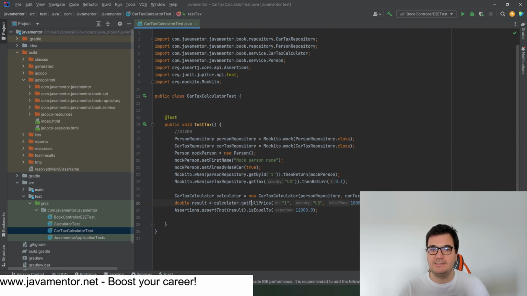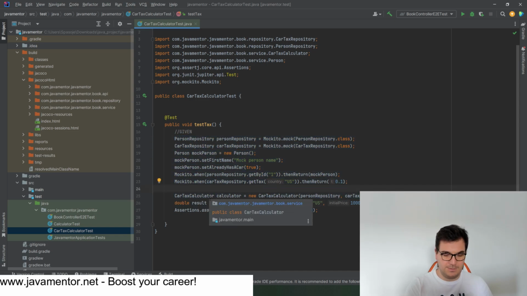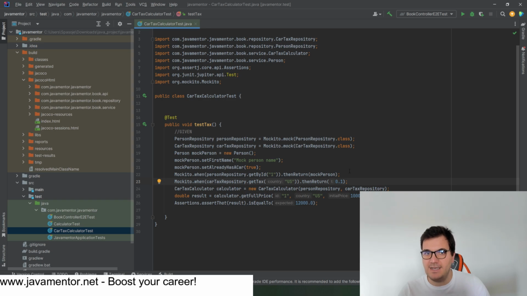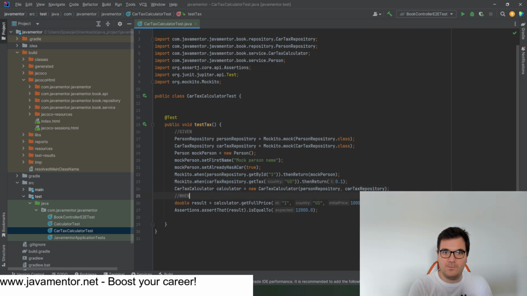We are testing this method, so this is the line which is invoking our code of interest. Everything before this line is the given part. So we are setting some data before the test, mocking, and that's given prior to the test. Then this is the when part. So given this, when we do this,